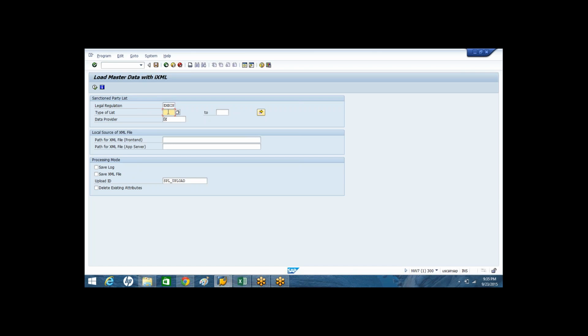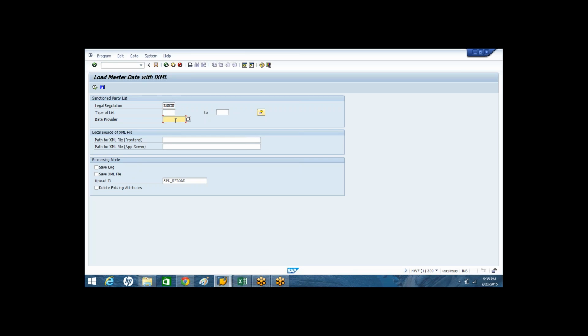That means if your uploading file contains 5 different categories, 5 different list types: terrorists, militants, traffickers, nuclear proliferators, or Russian rebels, or Naxalites, then you need to specify all those 5 list types here. If your XML file contains 10 list types, you need to specify all 10 list types here. That is what we need to specify under the type of list.